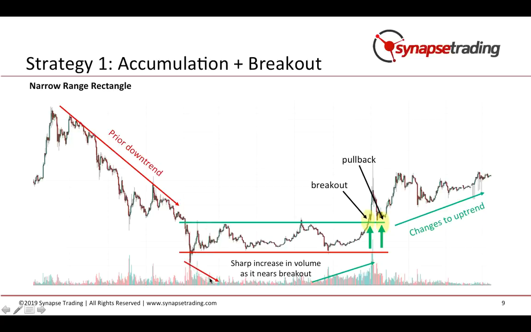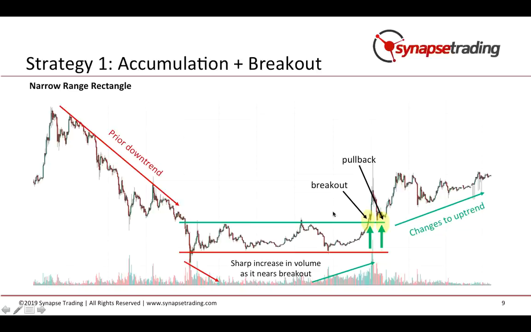What's interesting is that during this narrow range, volume initially starts to decline when people lose interest, and within the range, the volume stays pretty narrow. But once it is nearing a potential breakout, you will see that the volume starts increasing. That's actually an early alert that you can notice on the chart. And when the breakout actually does happen, you will see a sharp spike in the volume. That is the first opportunity which you can use to enter the breakout, which is going to be in the new direction.